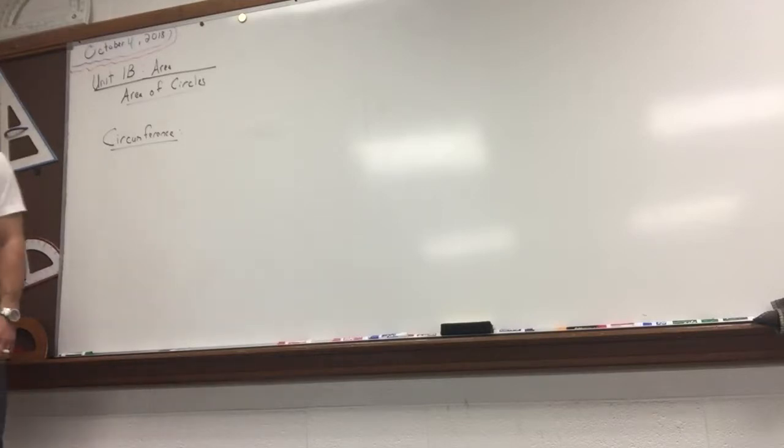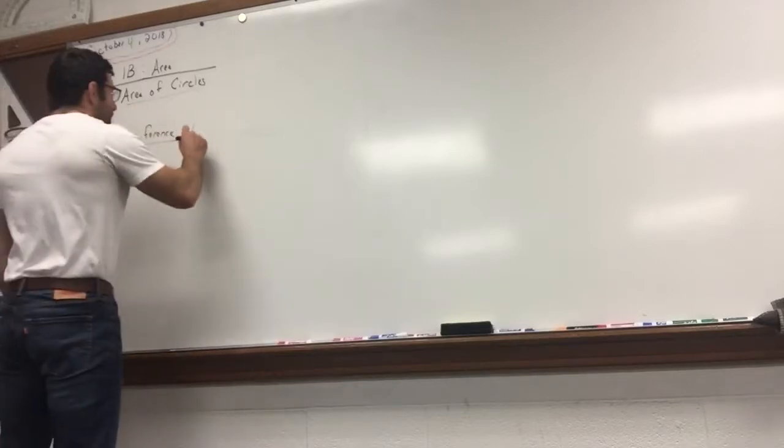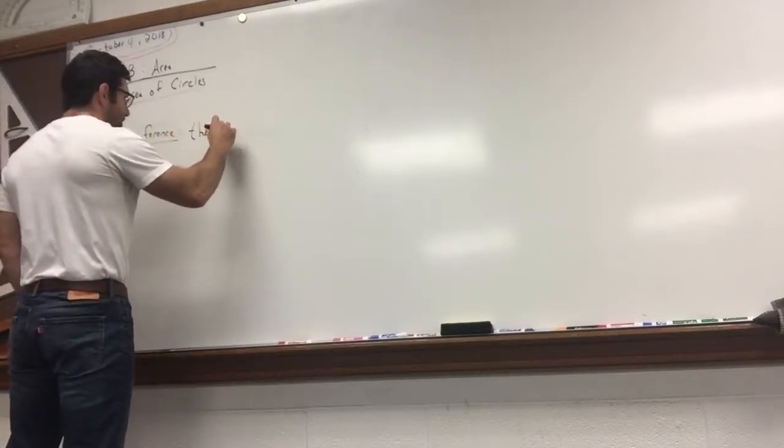Okay, I like that too. What else? Are we measuring something? So when we measure, what is that going to be? It starts with the D. Not diameter. The distance